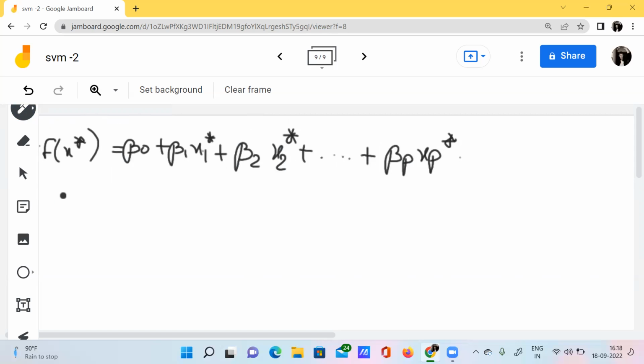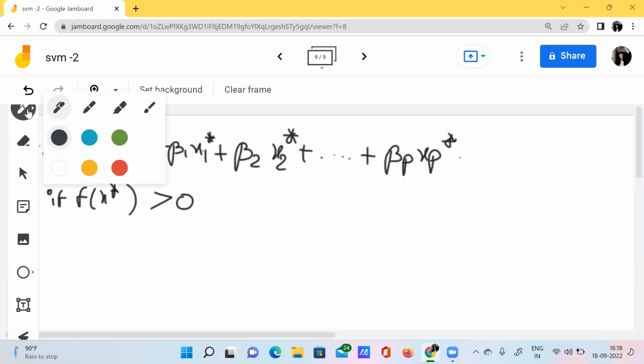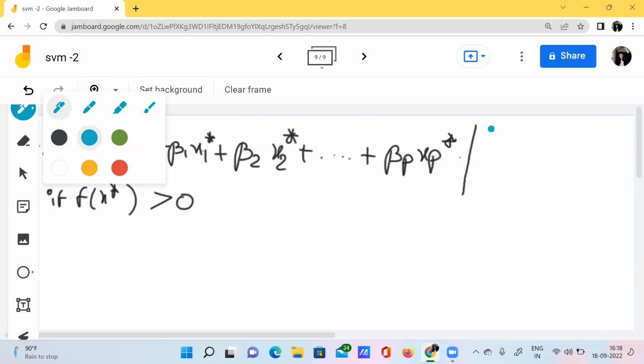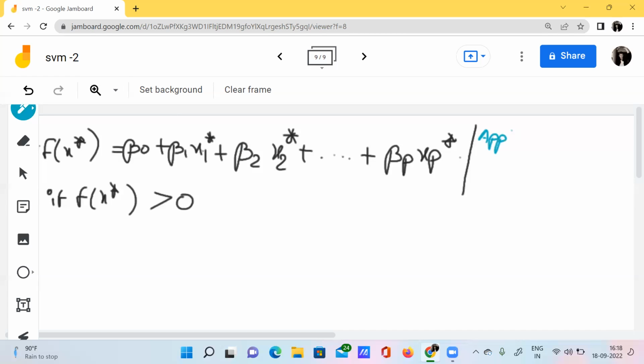So when you compute this equation, if you get f of x greater than 0, then let's say we have two classes, apple and banana.